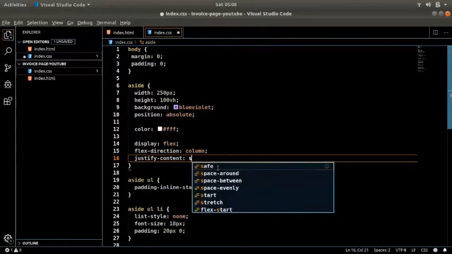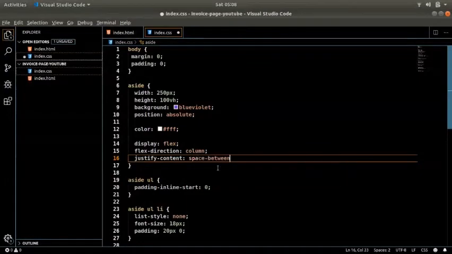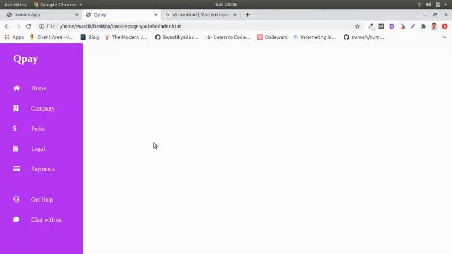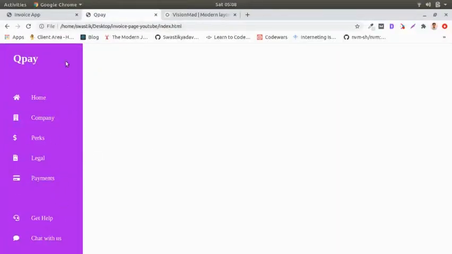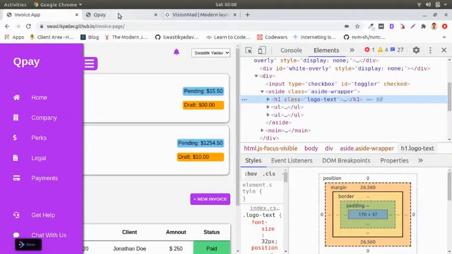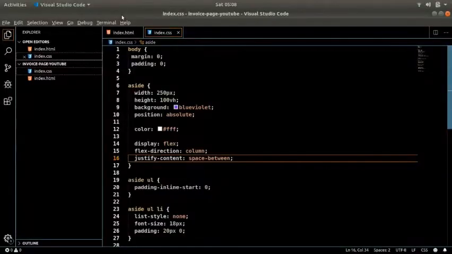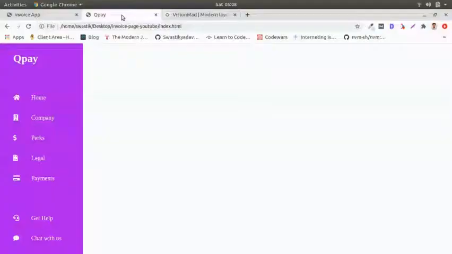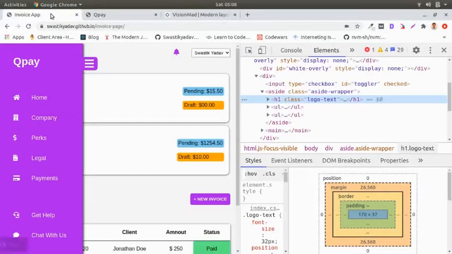So justify content, I will say space between. See, space between will do the job, but I'm kind of looking to have space around, so that I also have some space on top and bottom. Space around. Okay. Yep. Now that looks pretty cool.